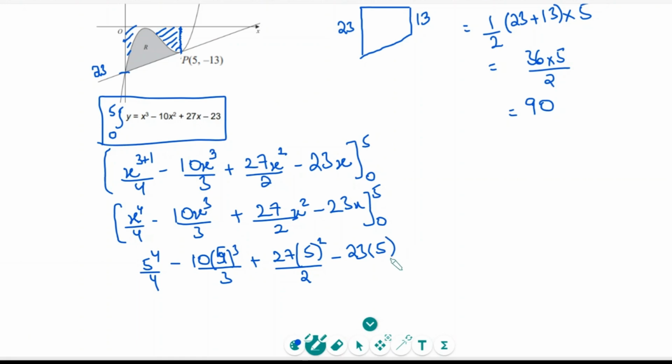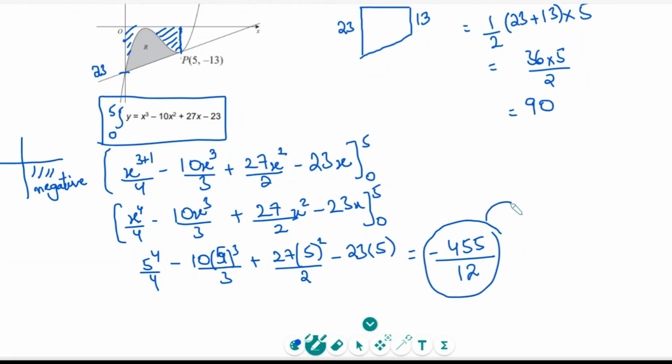Now, this looks like a really big calculation, but all you need to do is just plug this into your calculator and it will give you minus 455 over 12. It's better to leave this in fraction here. Now, you might be wondering why is area minus, because how can area be negative? Whenever you're calculating the area and it's below the x-axis, it will always come out negative. So what you're going to do is you're only going to take the absolute value of it. That is, you're going to ignore the minus, and you'd say that the area, which is shaded here in blue, is